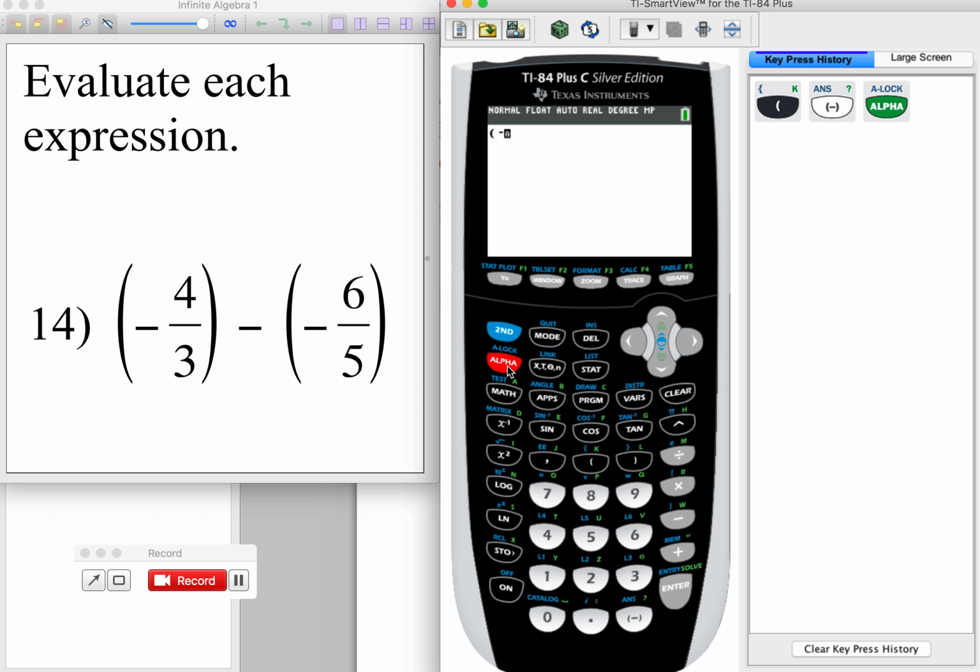To get a fraction bar, we click alpha y equals. Then it gives us these options here. We want the first one. It gives us a numerator and a denominator. We click enter. There, now we have a fraction bar that we can enter into. So 4, then I use the directional pad to go down, 3, then I click to the right, and I can close parentheses. Minus,